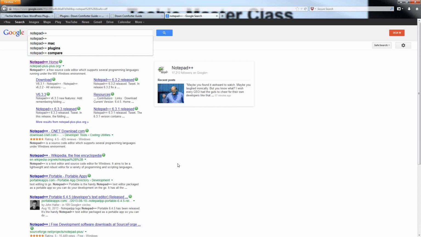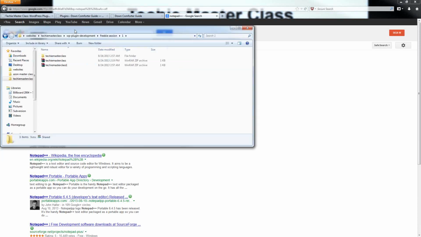We're simply going to be using this compression software to take a collection of files and turn it into a zip file. Because if you've ever downloaded a WordPress plugin and uploaded it to your sites before, you might remember that all those files were zip files, and they actually contained the plugin folder in that zip file along with whatever PHP files might go along with that particular plugin. Just to show you exactly what I mean here,